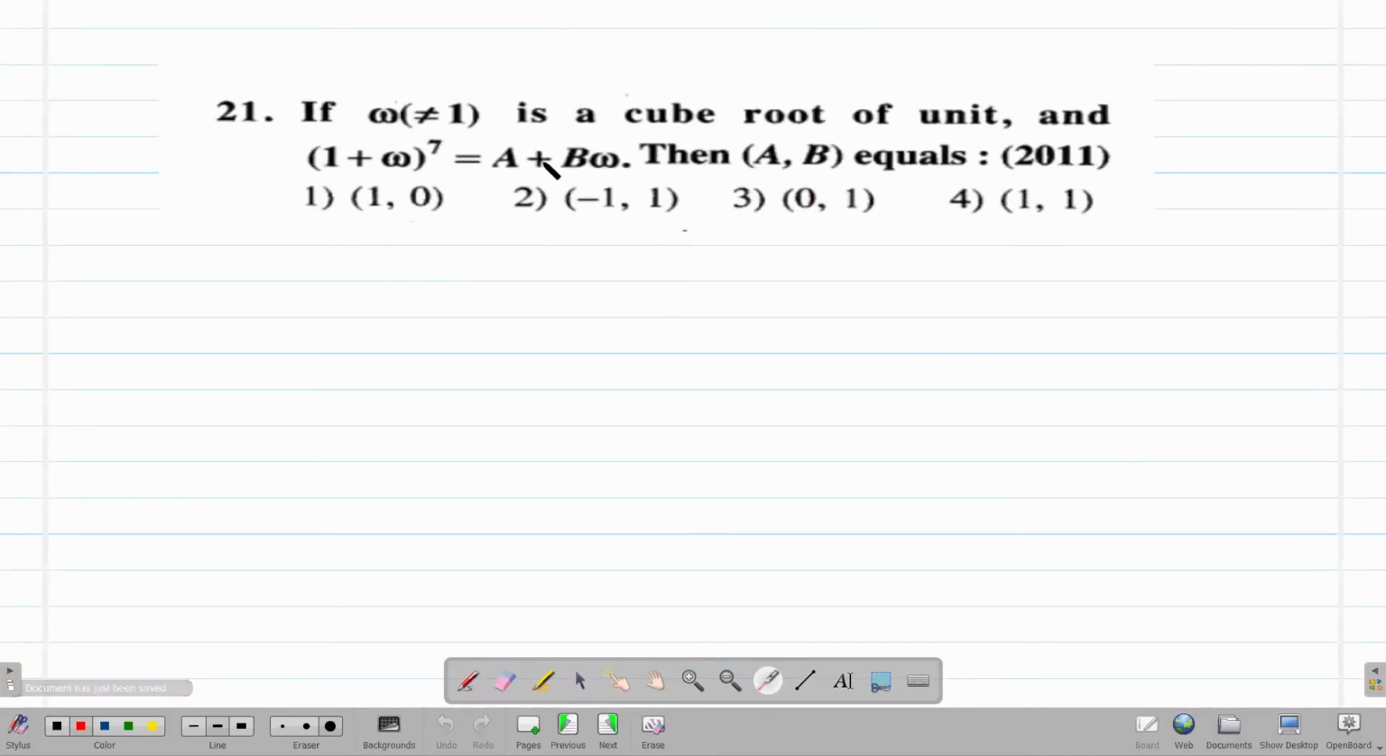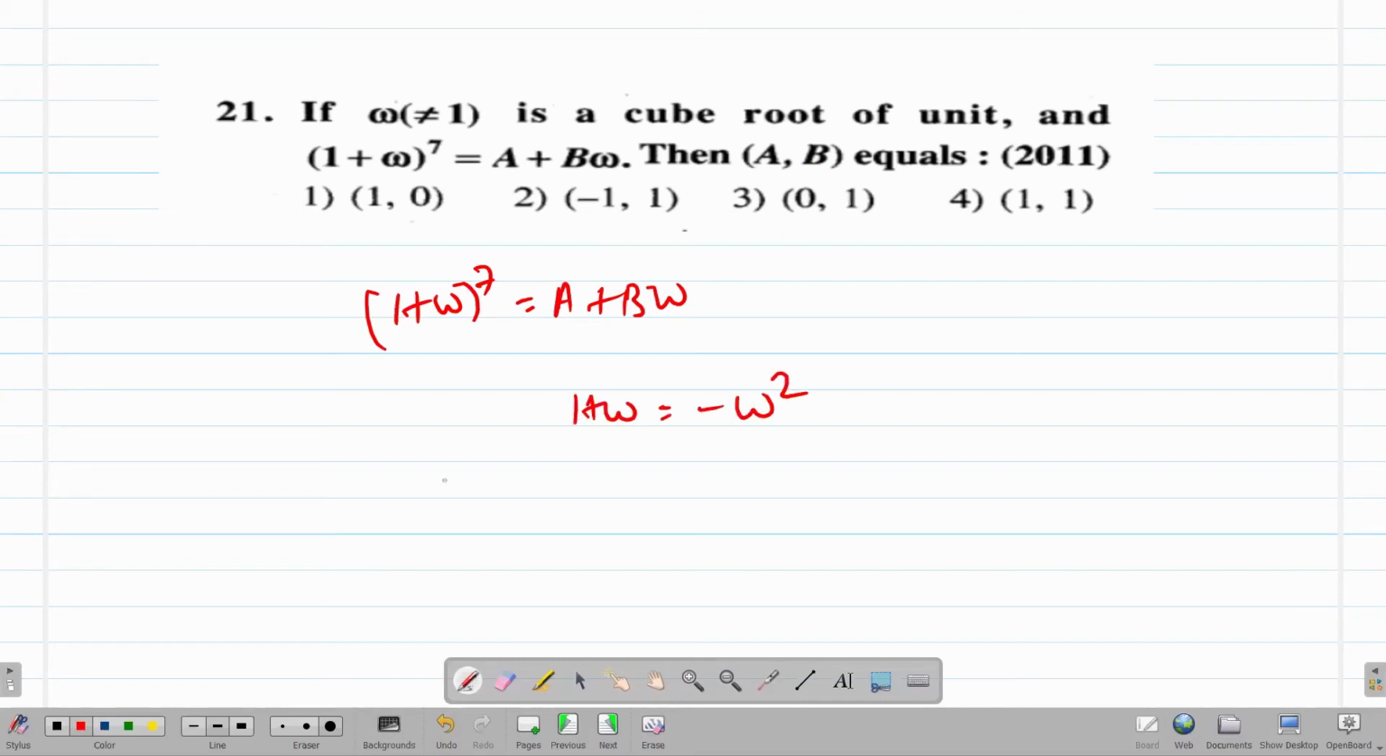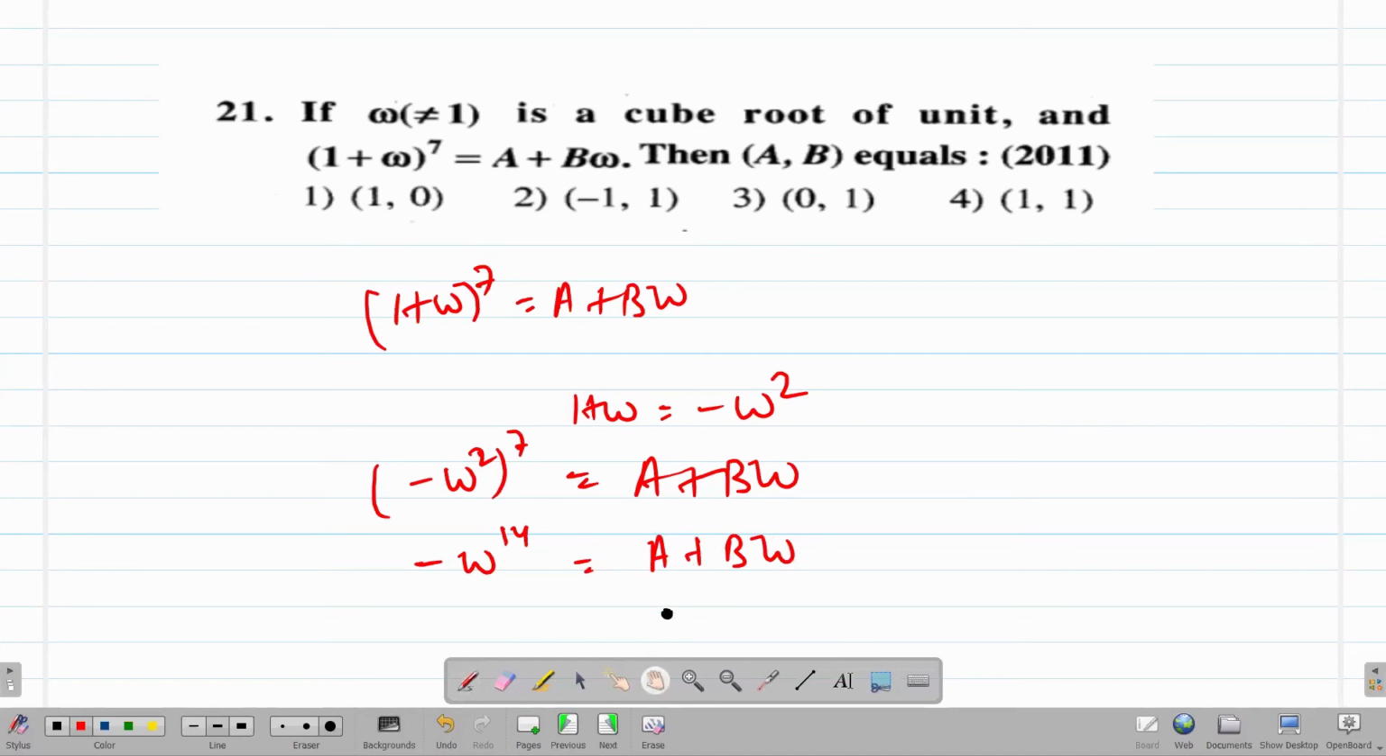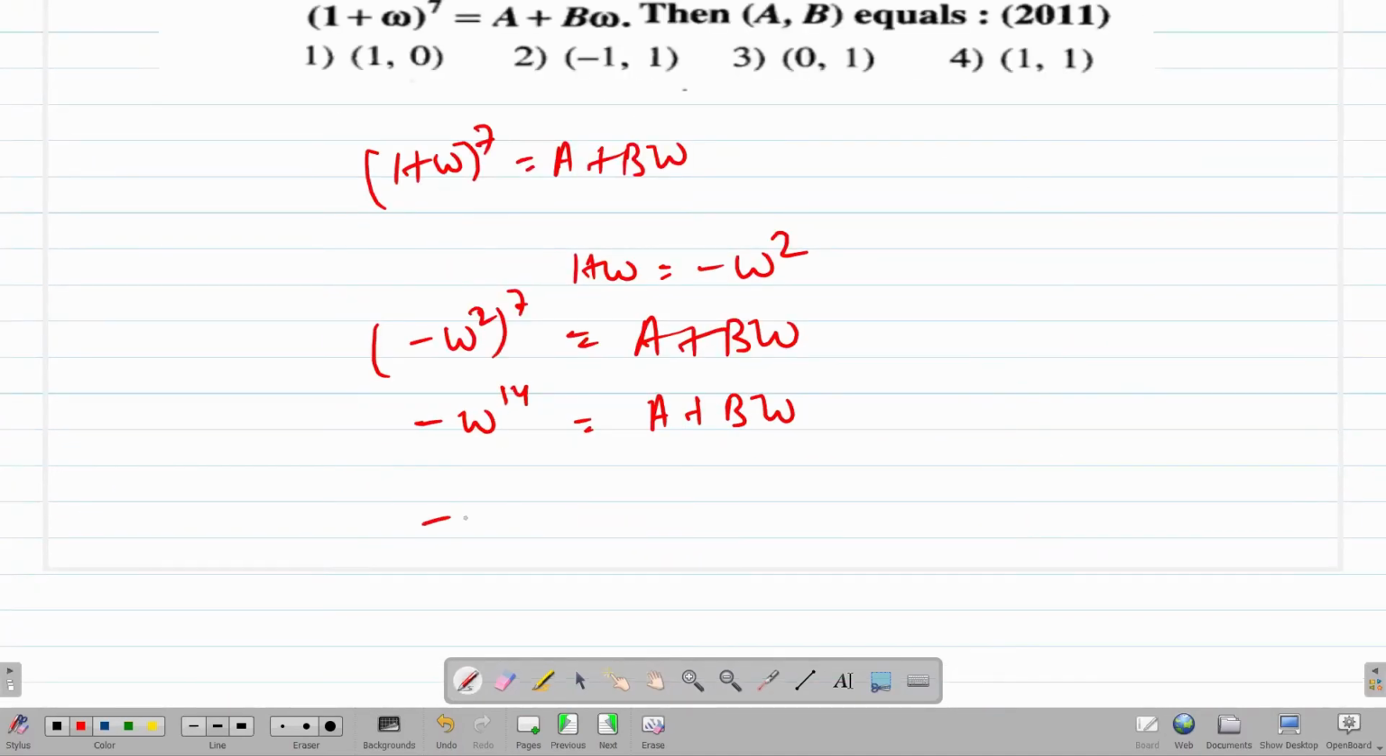Now if omega is cube root of unity, and it is written here that 1 plus omega to the power 7 is a plus b omega, and we have to find a comma b, the ordered pair. So using the property that 1 plus omega is equal to minus omega square, I just replace this 1 plus omega by minus omega square. On further solving, I get this as minus omega 14, and if we divide this power by 3, we get 2 as my remainder. So this is minus omega square,